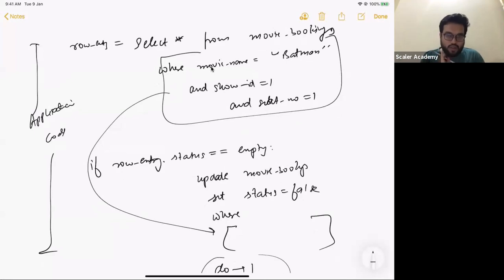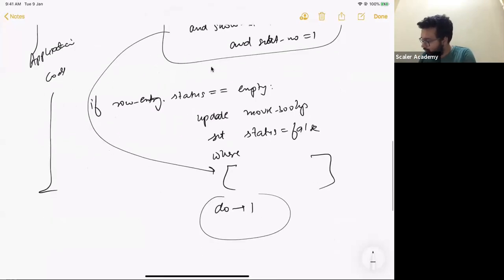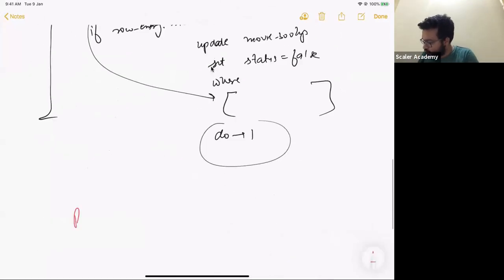And I'm pretty sure that most of you would be able to tell me that. Makes sense. I would want more people to reply. The problem is concurrency, right? The problem is that what if multiple users are trying to access the same data point at the same time? Okay. The problem with this kind of approach, as most of you are telling, is concurrency.